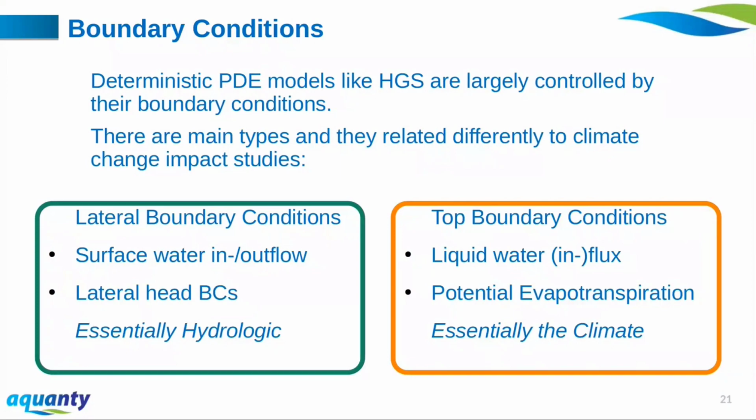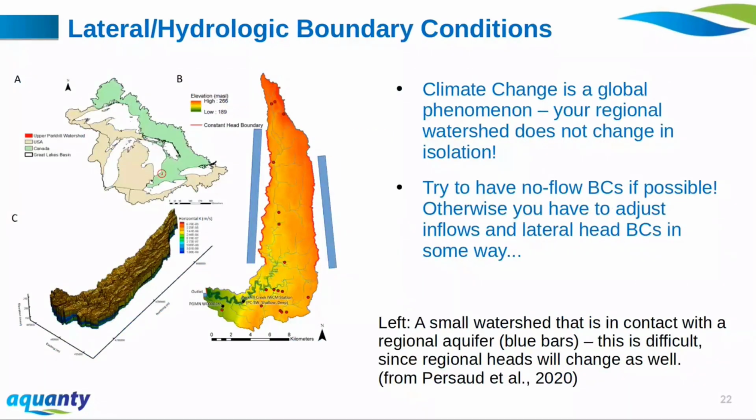So first, the lateral boundary conditions. The best way to go about this is to have no flow boundary conditions. If you can construct your domain in a way that you have no flow boundary conditions, you're basically good. You don't need to worry too much about this, and I encourage you to do that. If you have stream inflow or even an aquifer that's connected to your domain, this can be a very big problem because your watershed does not change in isolation. In a climate change scenario, the hydrology in the surrounding regions will change. So the heads in the boundary,